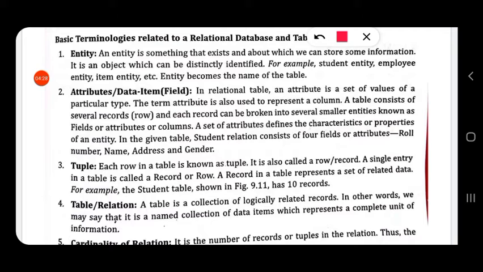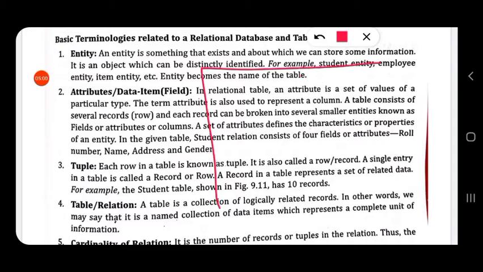In a database, I told you we can create so many tables, and to identify each table we give names for the table. That name which we give to the table is called entity. So entity is the name that is given for the table.